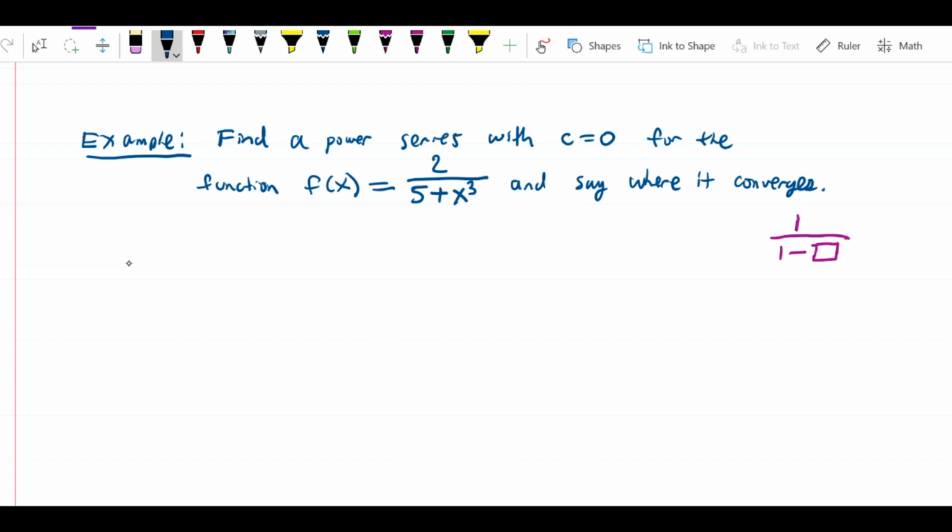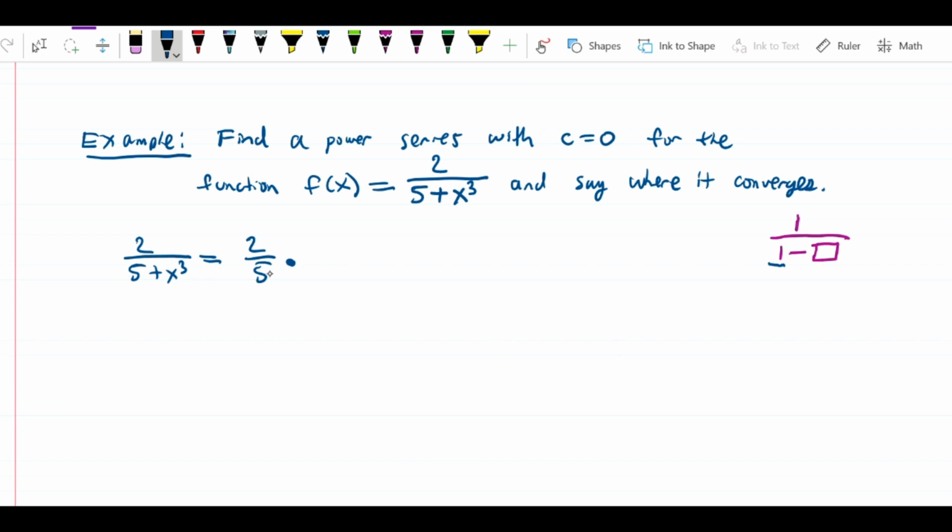So here what we can do is we can say that 2 over 5 plus x cubed is equal to, let's work on getting it to this form. This number has to be a 1. It's not like 1 is sort of an example of a number it could be. This has to actually be 1, which means I want to take out the 2/5,